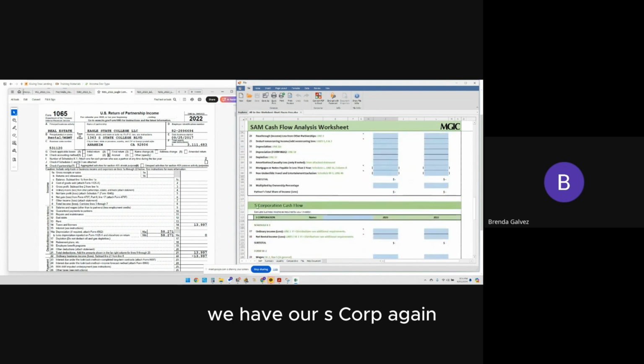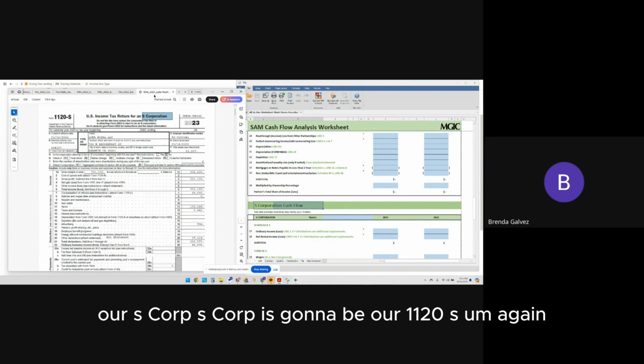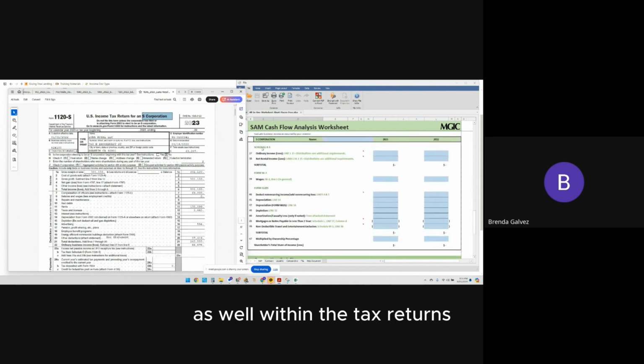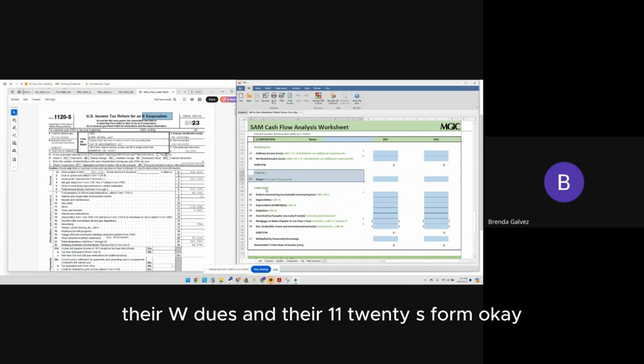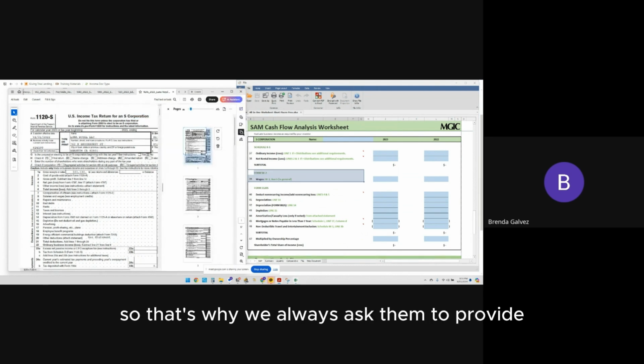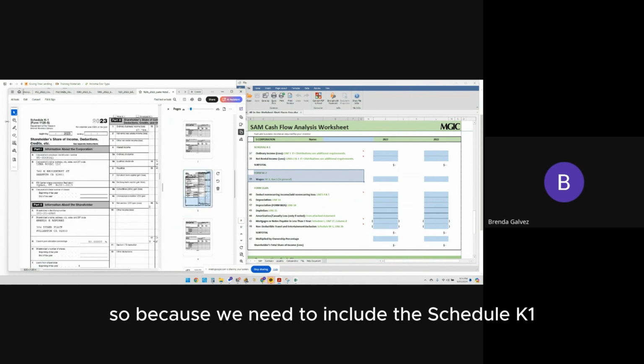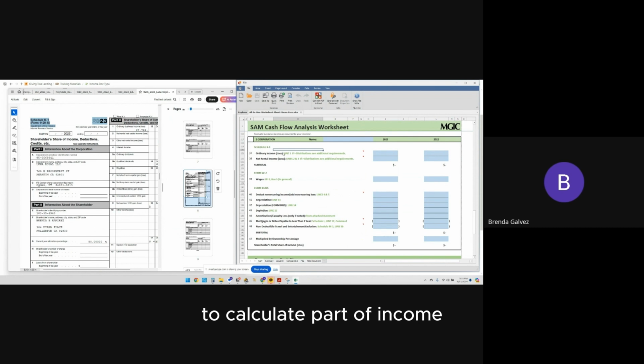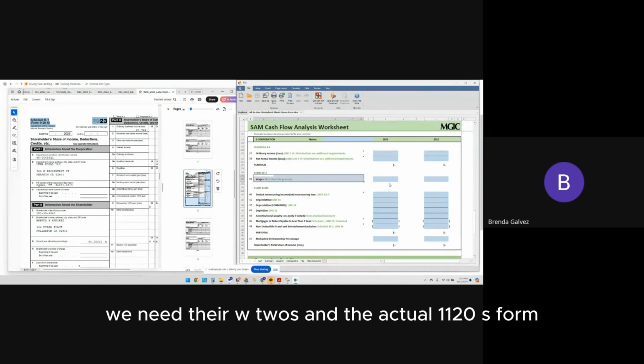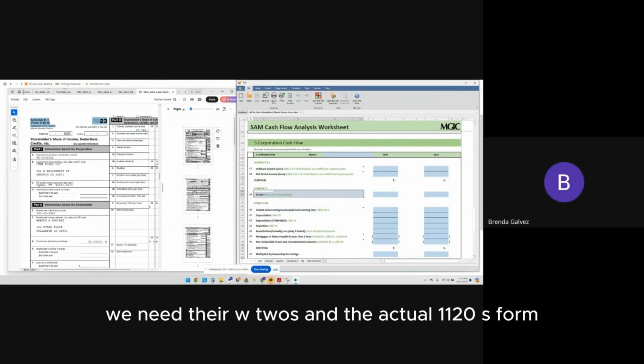We have our S Corp. Our S Corp is going to be our 1120S. Within the tax returns, you have to have this Schedule K1, their W-2s, and their 1120S form. That's why we always ask them to provide the full pages of their tax return. Because we need to include the Schedule K1 to calculate part of the income, we need their W-2s and the actual 1120S form. Okay,